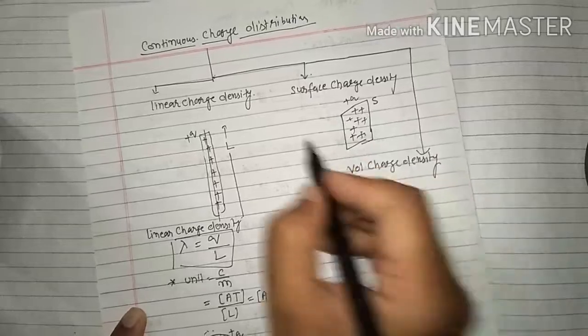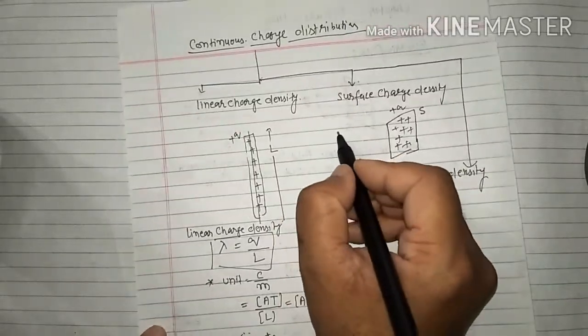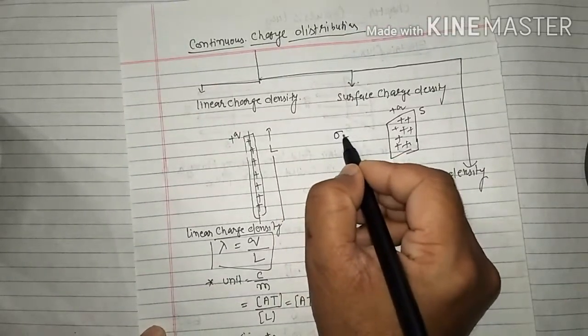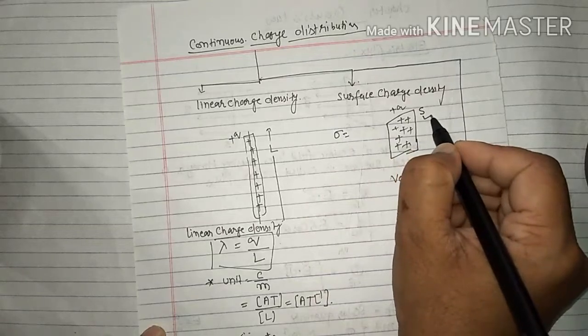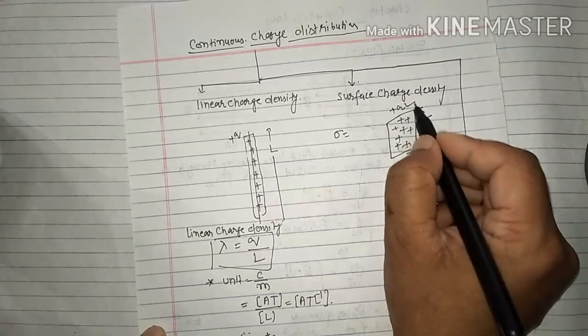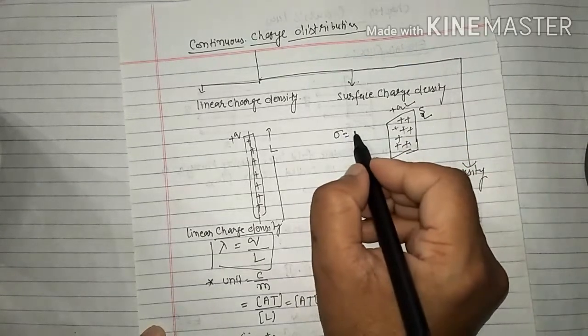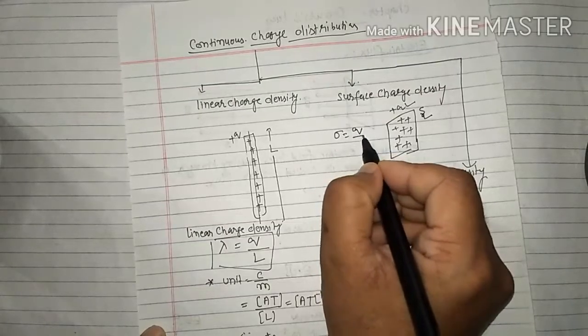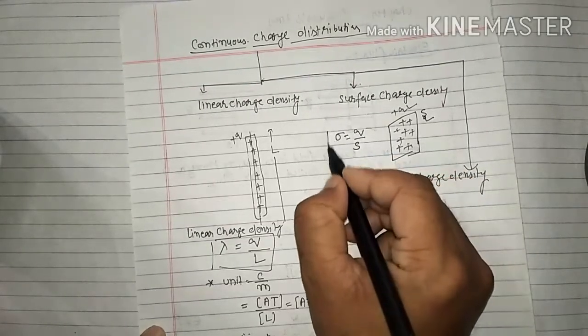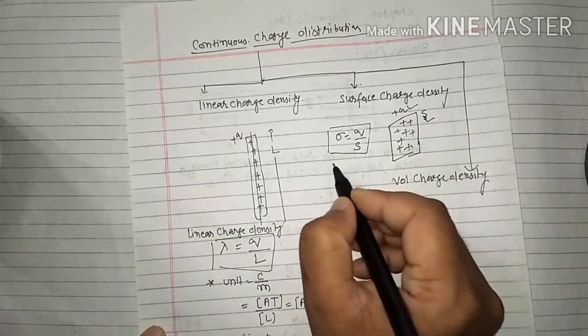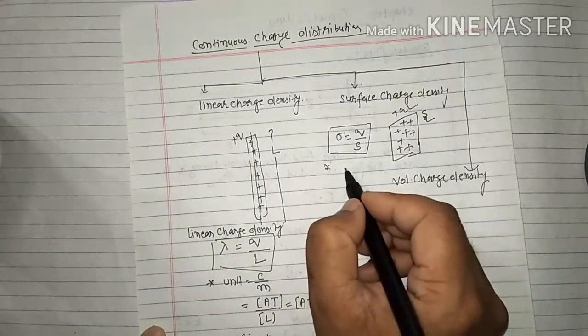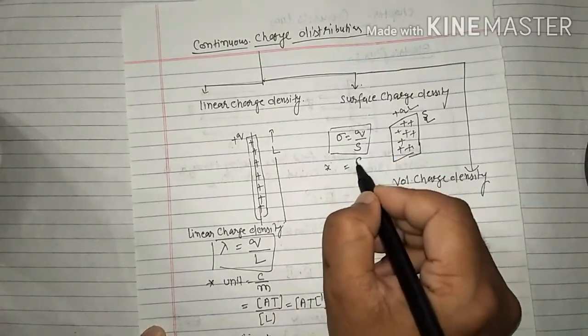So in this case, surface charge density, which is represented by sigma, is equal to this charge divided by this surface area. So charge per unit surface area is known as surface charge density, and the unit will be charge coulomb